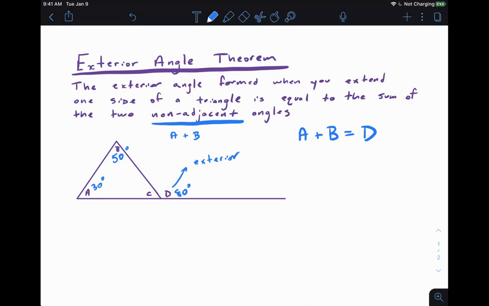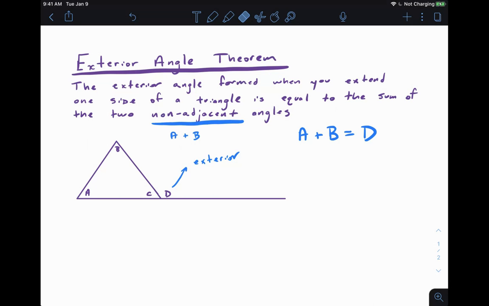Now, you can be given a problem where there's some algebra here that might say, oh, angle A is 2x plus 5 degrees, angle B is this. So you have to know this theorem in order to solve it. Obviously, there would be other ways to figure this out if you didn't know the theorem, but they might use algebra, almost requiring you to know this theorem.